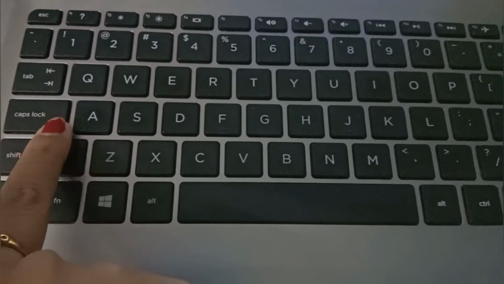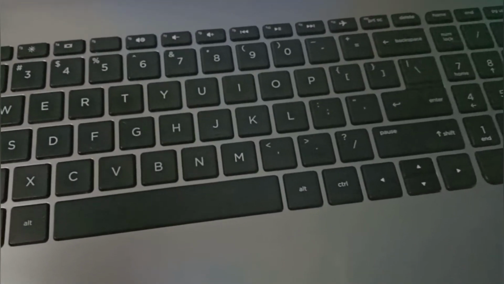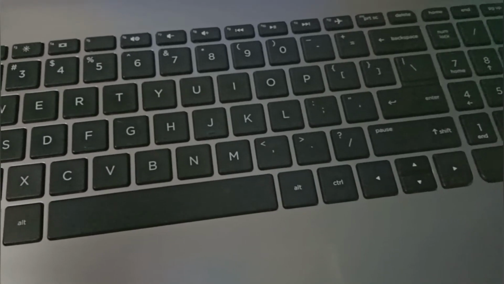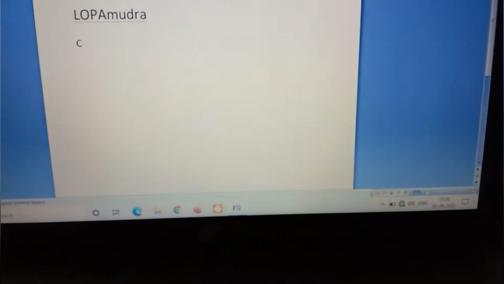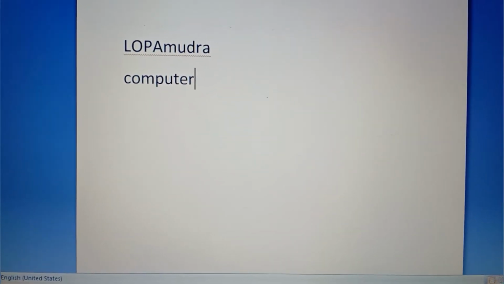When you press the caps lock key again the light will go off. That means the caps lock light is switched off, and it indicates the caps lock key is not active, or inactive. So let's take some examples. Again I am going to show you, students. First just see, now the caps lock key is off. I am writing computer here. You can see it comes in small letters. Then enter.